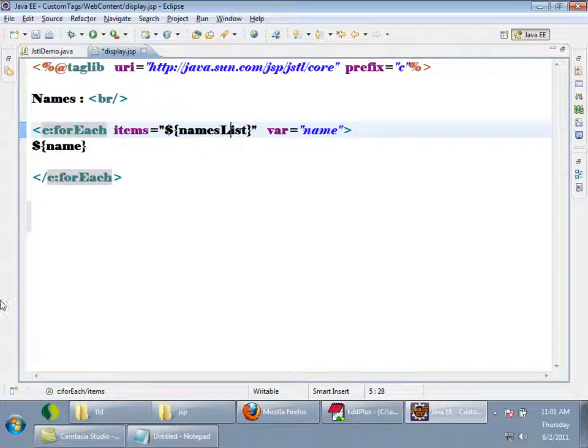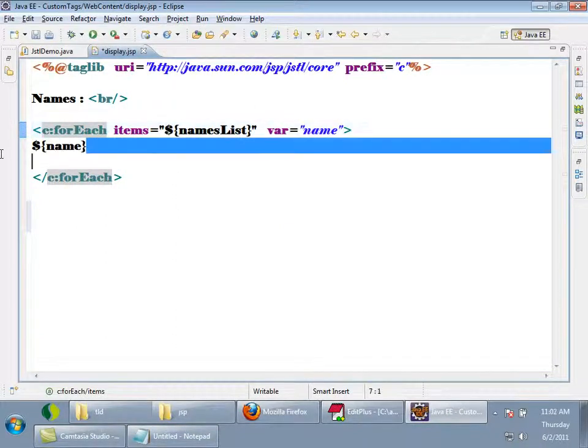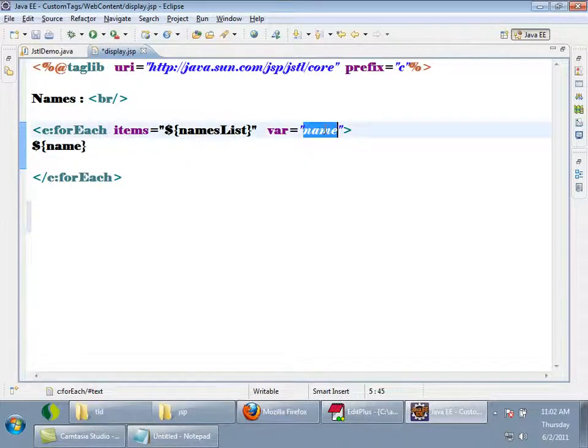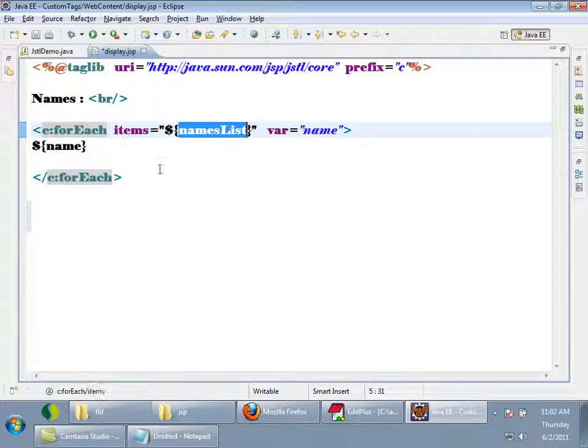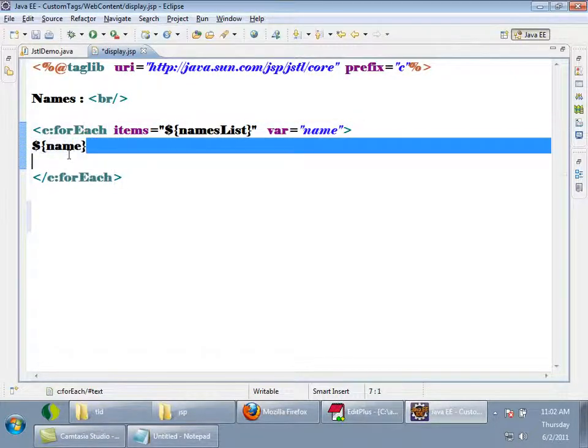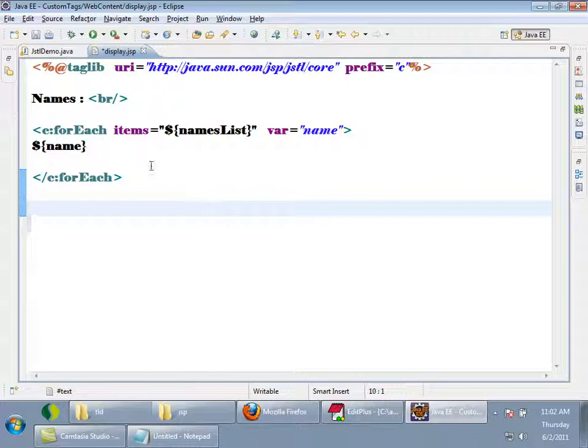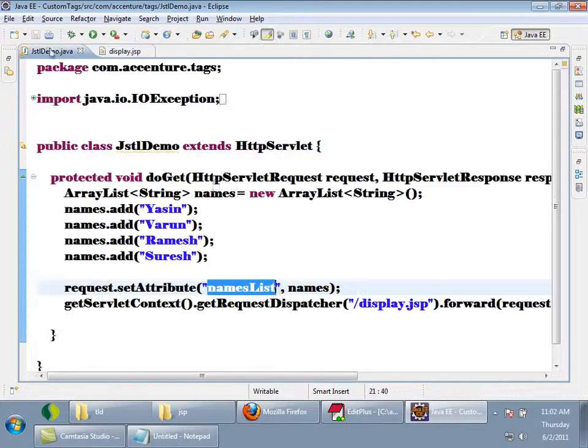For the first time the body is executed, name will be pointing to the first name in the list. Second time in the loop, name will be pointing to the second name, right? Like that it will be iterating. Dollar name means it will print the current name, right? So it will print all the names. And then I will use a br here inside the c:forEach for a new line. That's all. Now what I'll do is I'll just give a request to the JSTLDemo servlet.